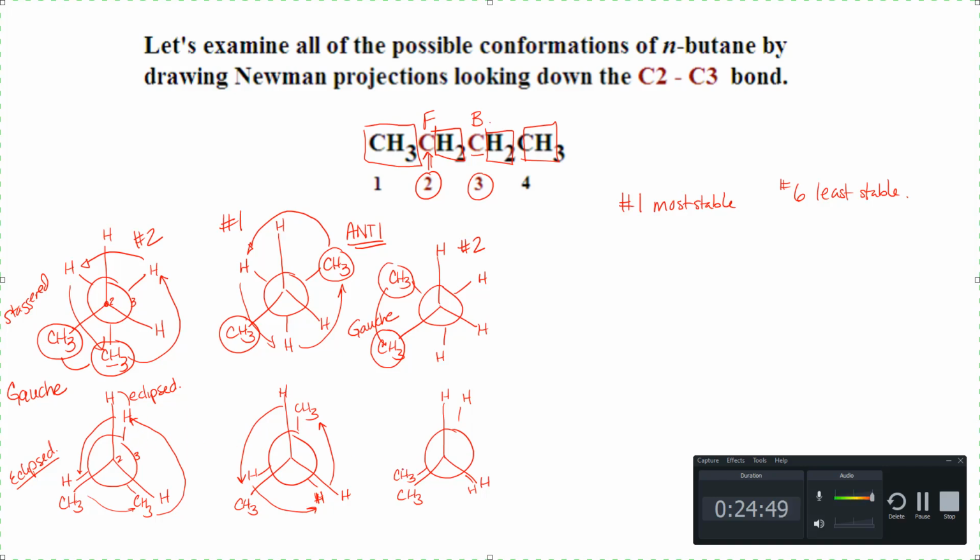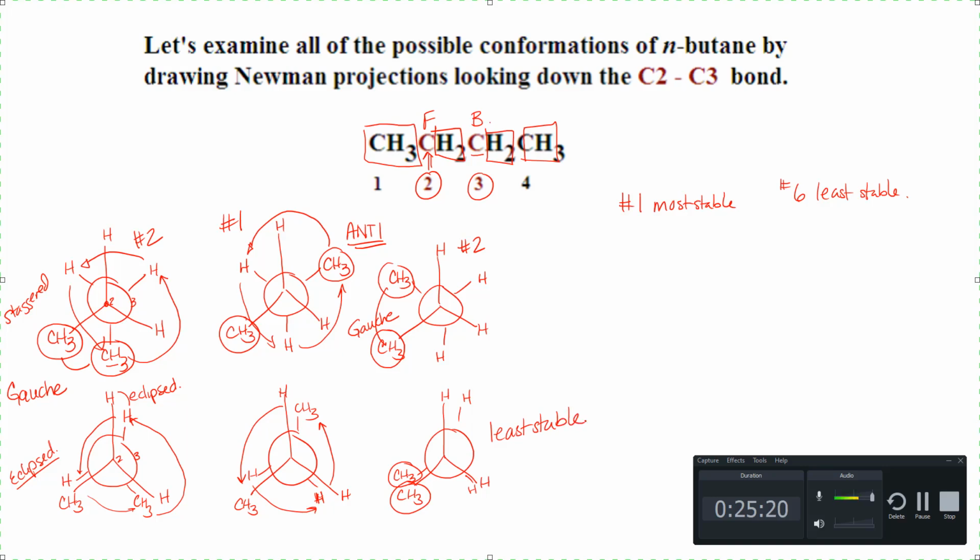What is really destabilizing? Having two non-hydrogen groups now eclipsing. Because, again, these are large groups, as close together as they can get. Those large groups mean negative charge, so I've got two clouds of negative charge really close together. So as far as these three eclipsed conformations, this one would be the least stable of